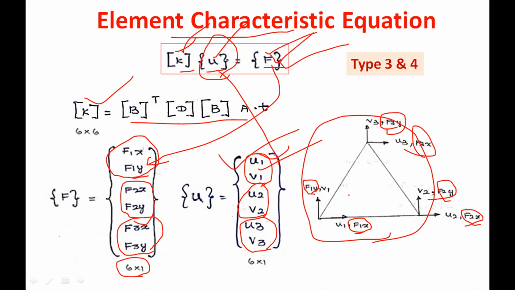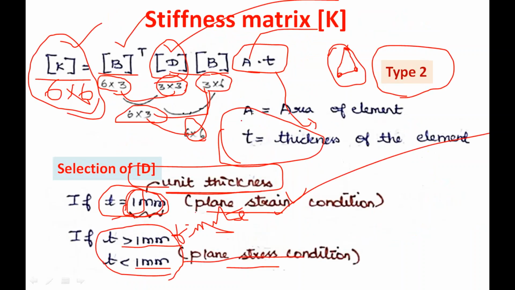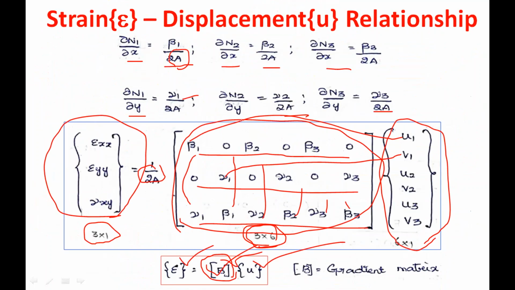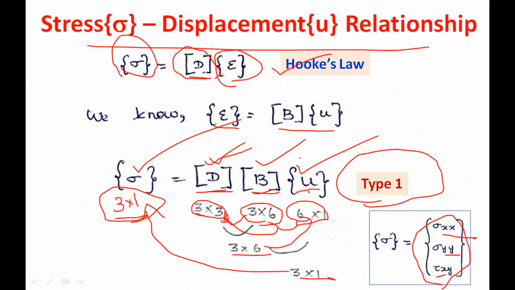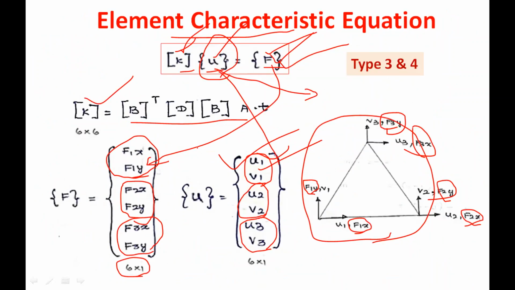So in that case, how to solve that problem? We have to first find U, the unknown displacement. Then using this U, we have to apply it in the type 1 problem that we have seen earlier. You have to substitute the U here to find the stress value. In the forthcoming parts, we will solve the problems type 1, type 2, type 3, I am telling here. So all the problems we will solve one by one.